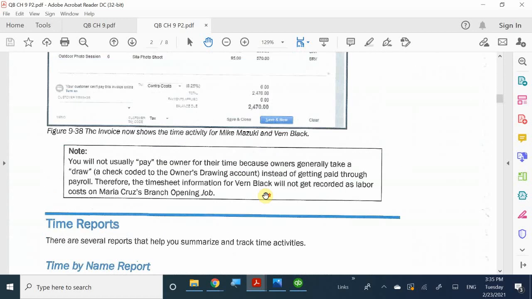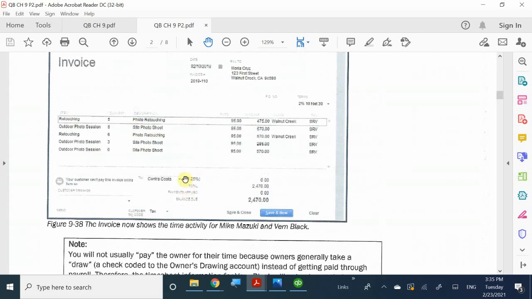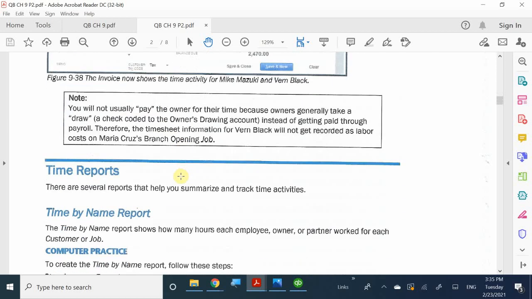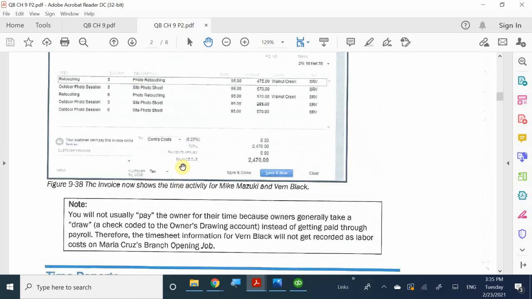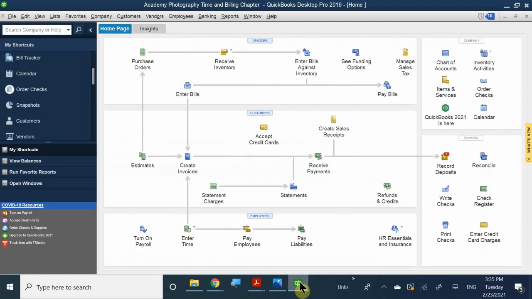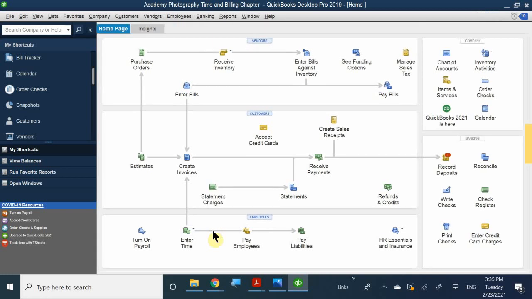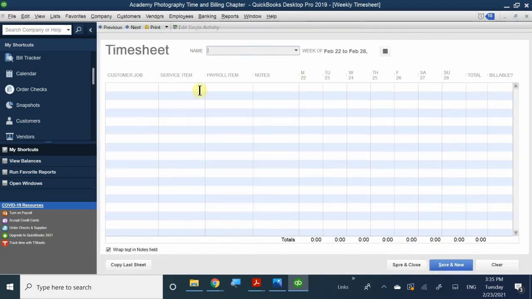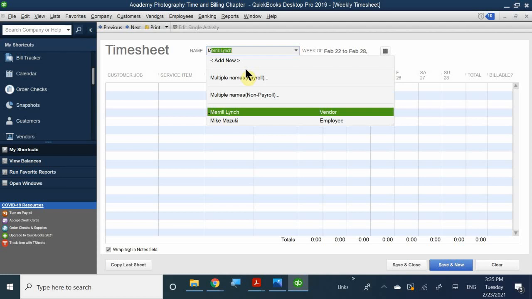Okay. So again, for this one they used Maria Cruz. I'm going to use Maria Cruz for the next one, so that's why I didn't do it. So again, if you want to, you can always pull up Mike's information once again. Let's take a look at Mike's timesheet one more time. If I were going to go to enter time and look at a weekly view, I'd be able to pull up Mike's information. If I were to pull up Mike Mazowski again,